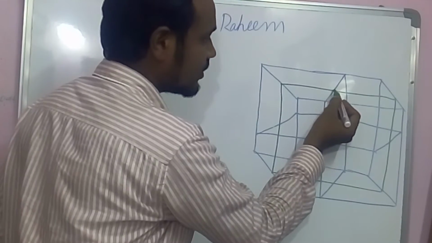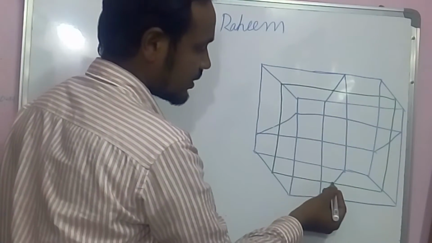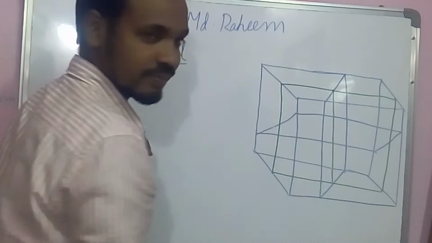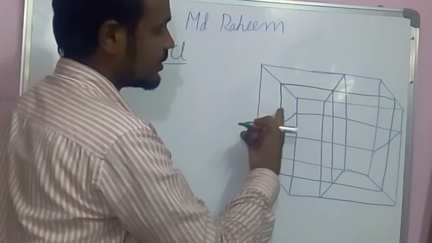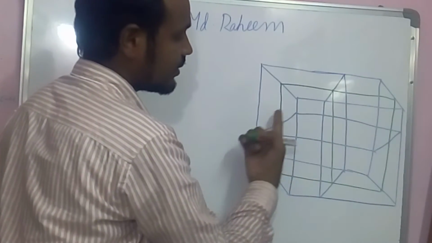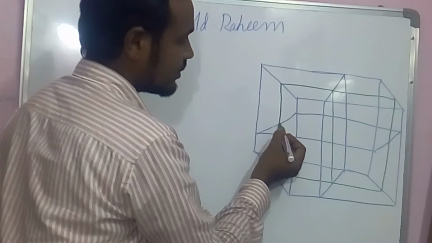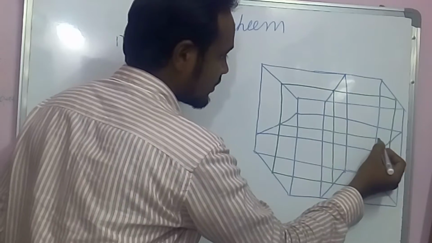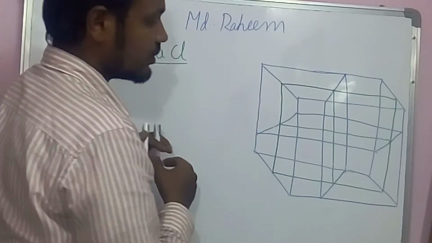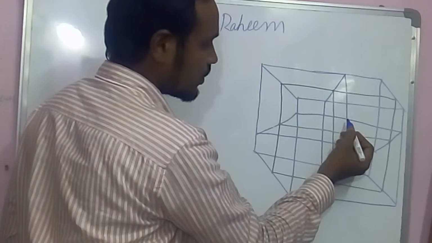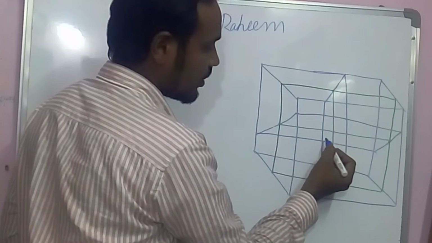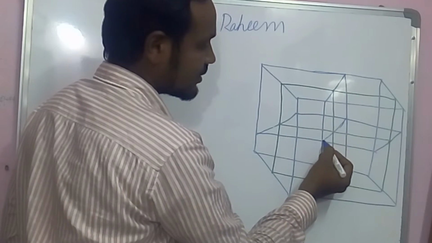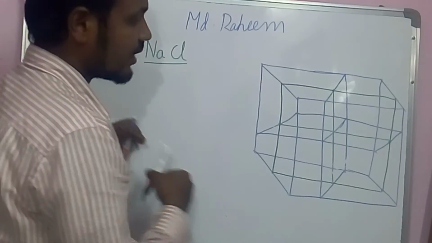So this is the center of this plane. You join these two centers here. Just observe this plane, right? The center of this plane is here, and the center of this plane is here. Now you have to join this plane like this. Now you are observing inside one point here, one point here, one point here. Now I am going to join all the points like this. Now our NaCl structure is over.